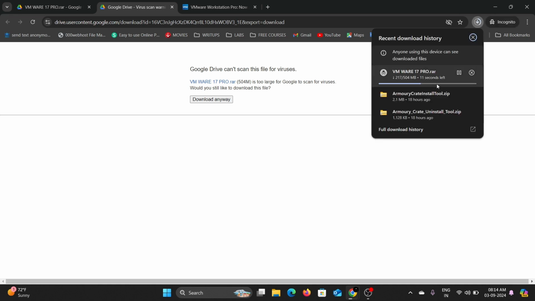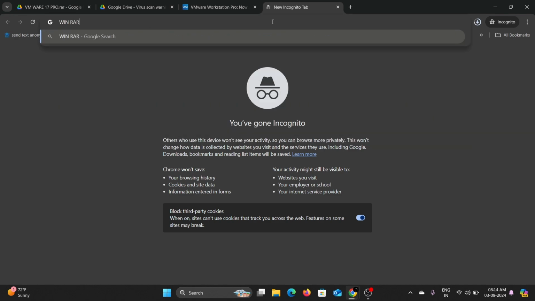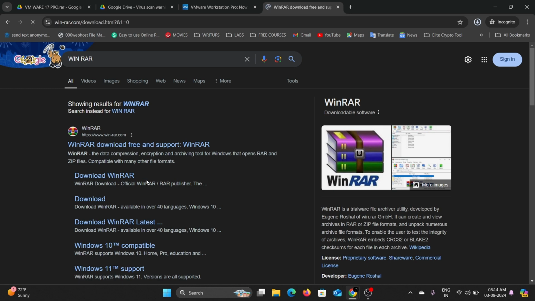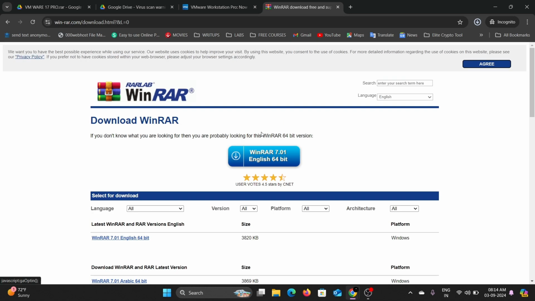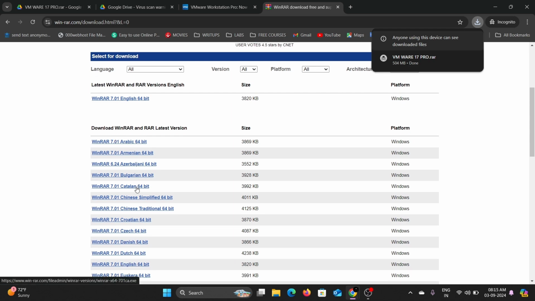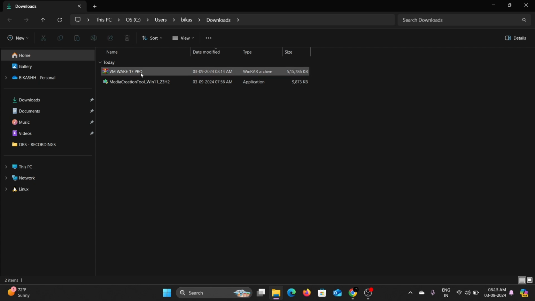Now the file is going to download, and to extract this file we need WinRAR. So you can download WinRAR from here, as per your architecture. Now I guess, yeah, my file is downloaded. So this is my file,